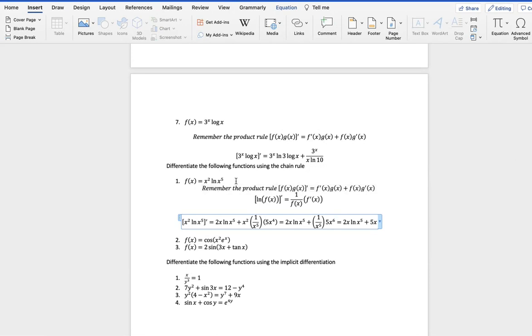It's slightly different because to get this answer, we use the product rule. We use the product rule, yes, but